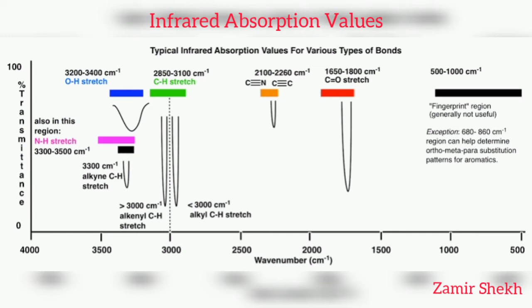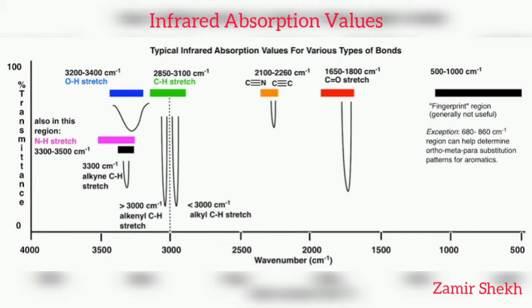Later on we have a broad peak appearing in the region of 3400, or 3200 to 3600. So this peak is due to the oxygen containing system, that is OH or NH. So why are these peaks observed at higher frequency? Because they have the highest dipole moment. So in this way, this spectrum comprises all of these regions.